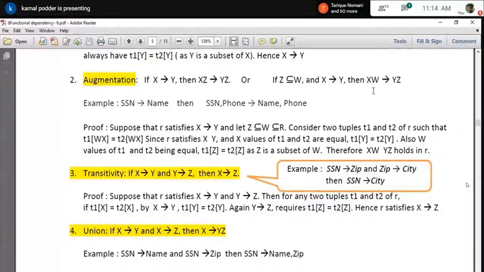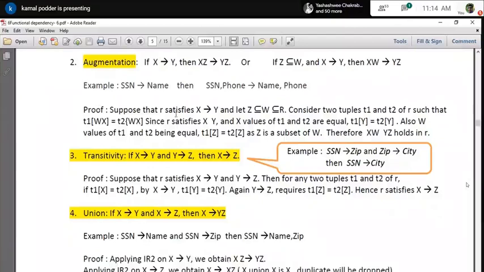That means there is an FD there, and you are augmenting it by adding something on both sides, or on one side: on this side you are adding the superset, and on this side the subset. Still, that particular dependency will be valid. Now just take an example. I'm not touching the proof, because it is a logical thing, and if you are interested, you can think about it. You will quickly understand it, so that is the reason I am not covering that part. It is very clear and very easy also. That is not the problem.